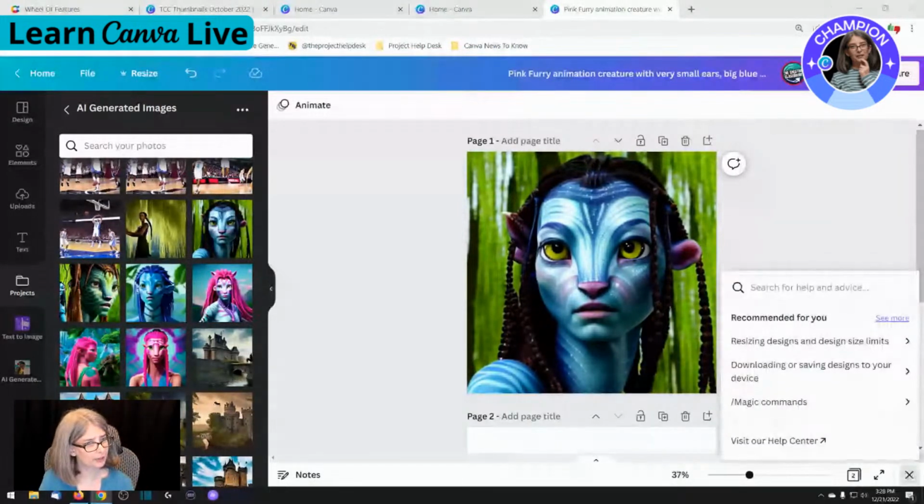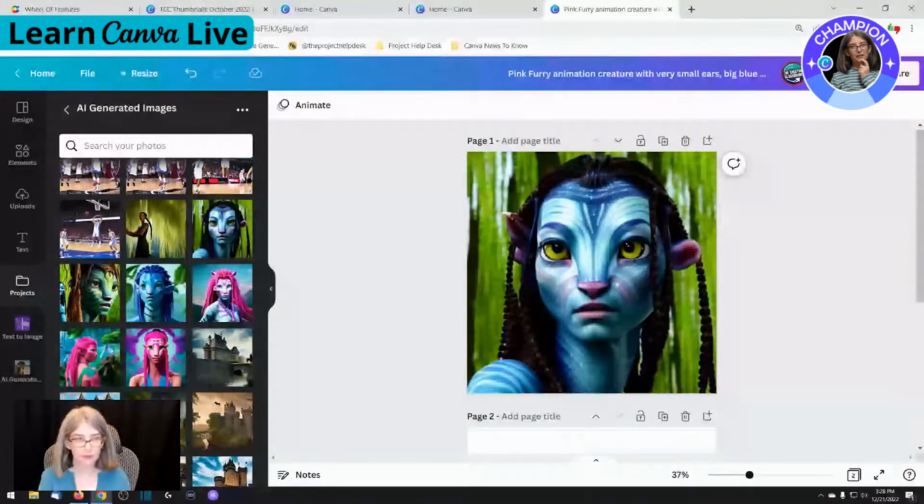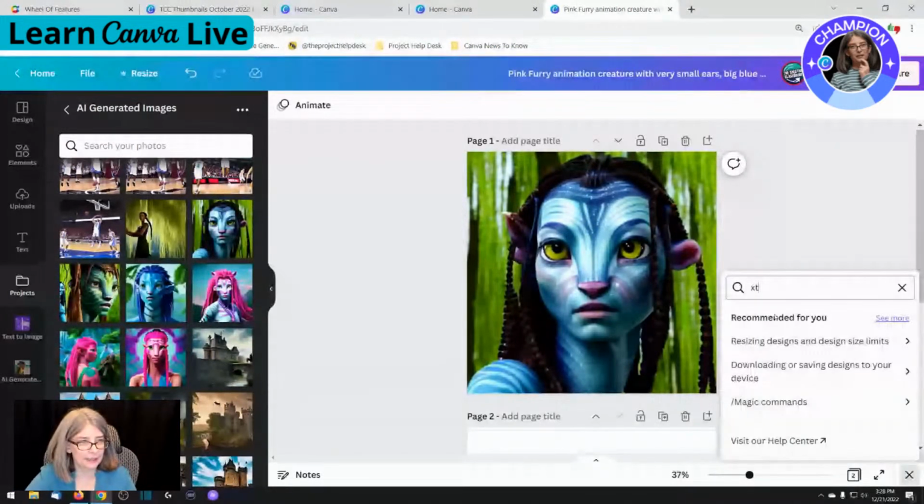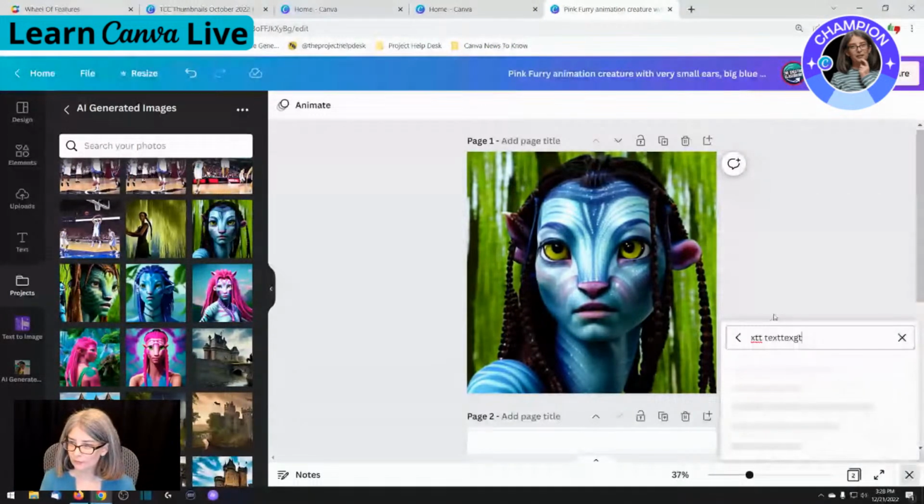However, let me make sure I'm still on screen here. I don't know why my comments aren't showing up on StreamYard. That is very weird. I'm going to have to report that. Let's see here. Well, now my keyboard's not working. The tech gremlins are out to get me. Sometimes if I turn my keyboard over,